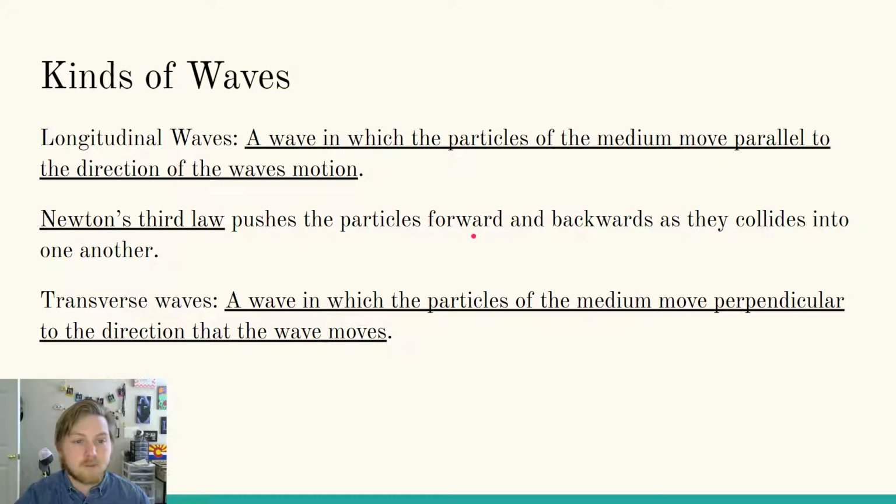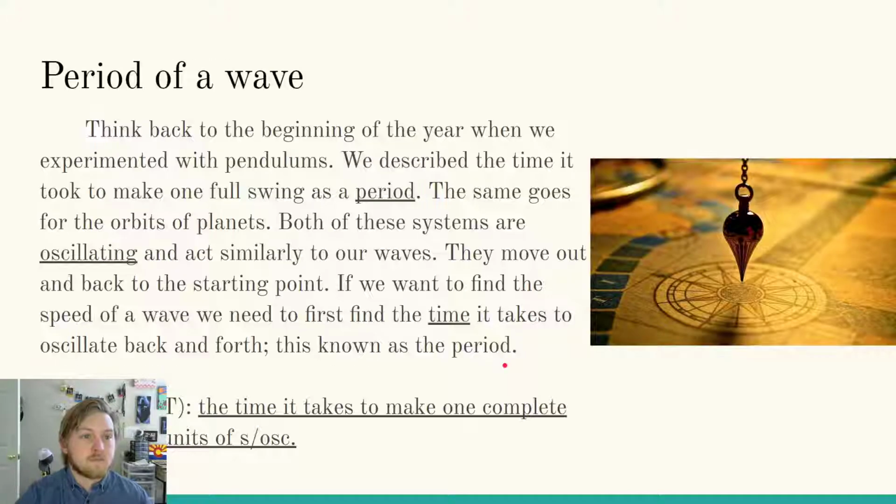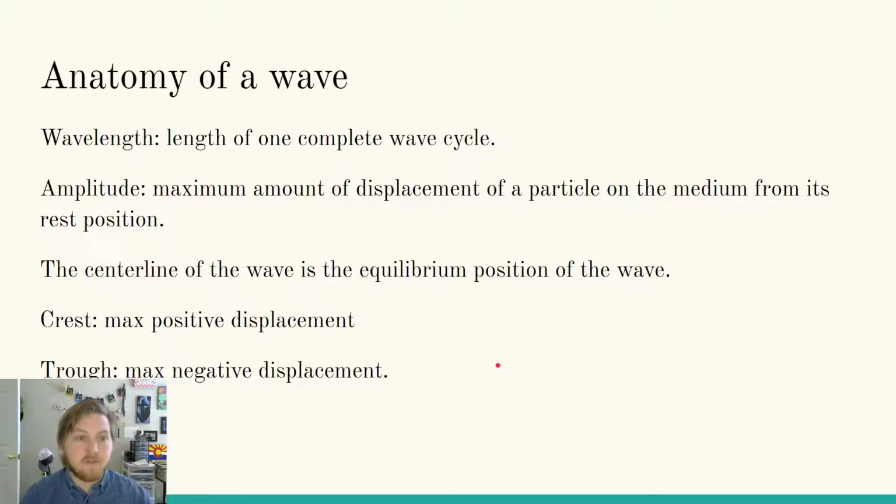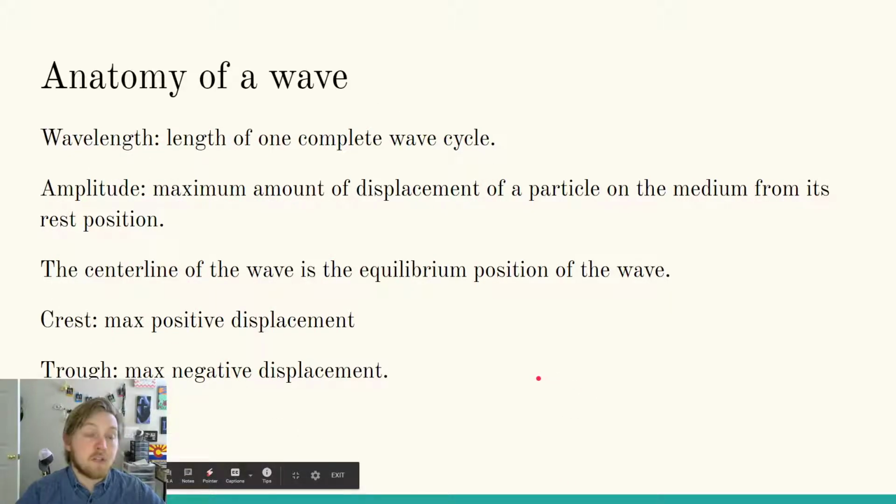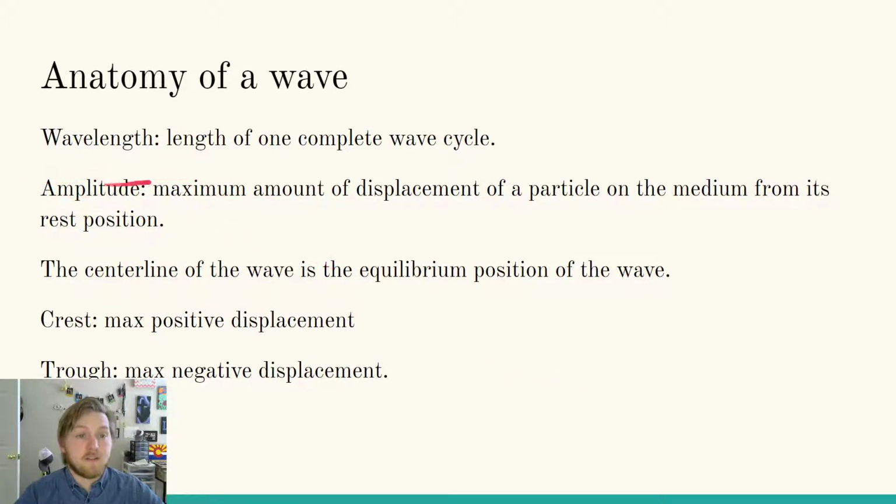Okay. All right. Next thing we need, oh, sorry, too far, is the anatomy of a wave. I didn't underline everything here, but these are all the definitions that you need. First, you need the wavelength. That is the length of one complete wave cycle. So in your notes, it shows you what a wavelength is. It's got to go there and back, right?